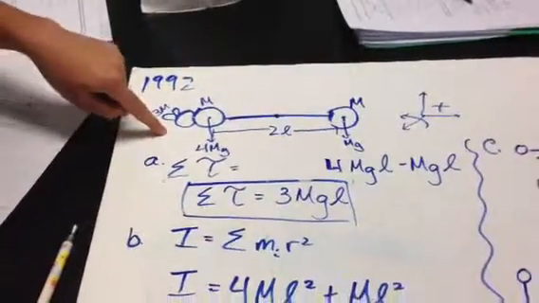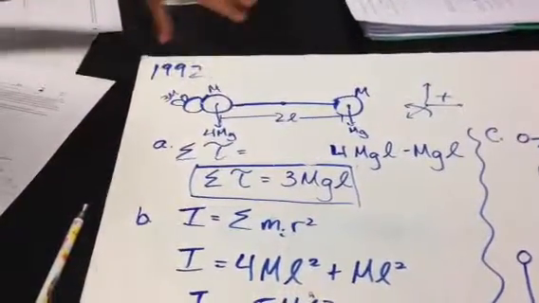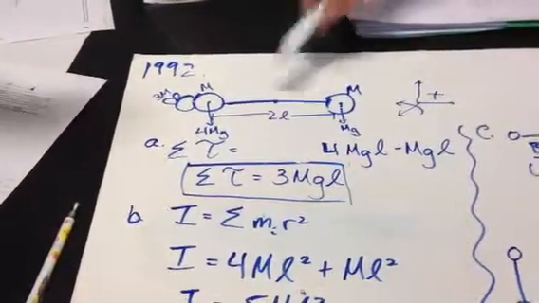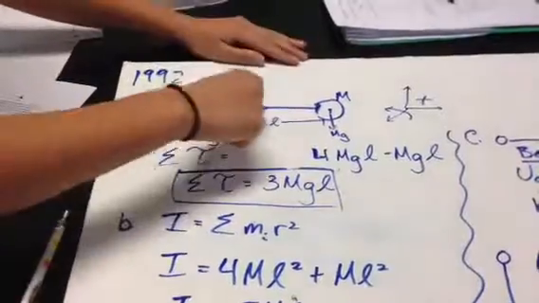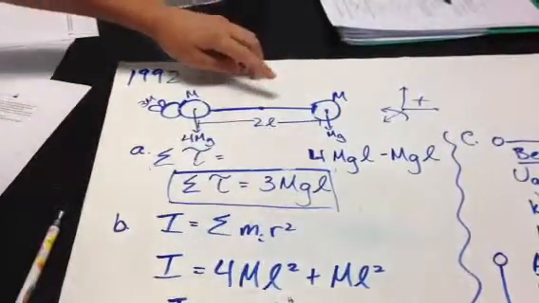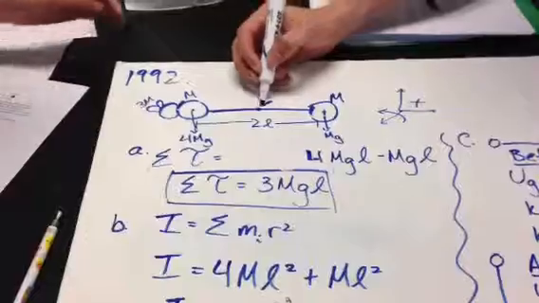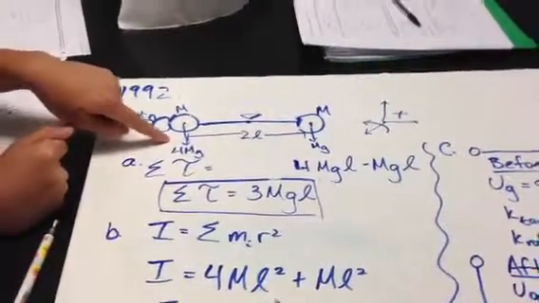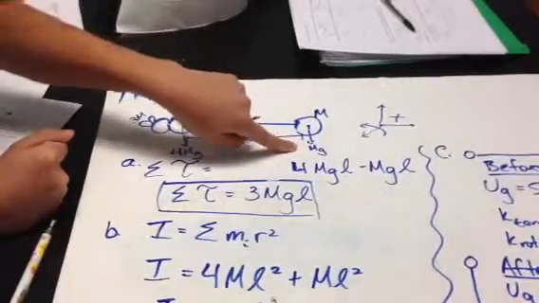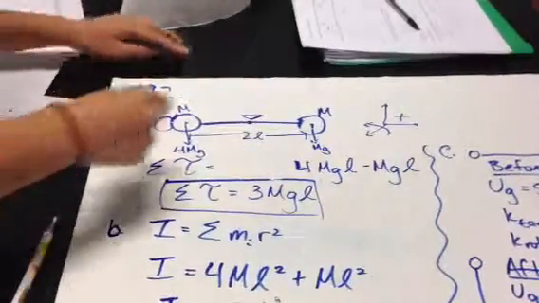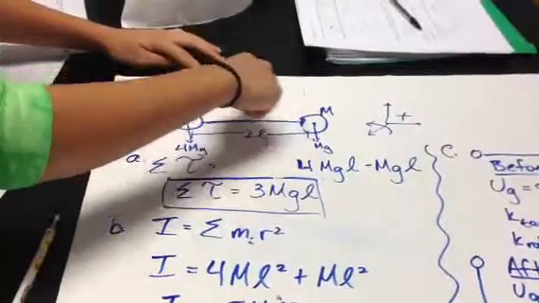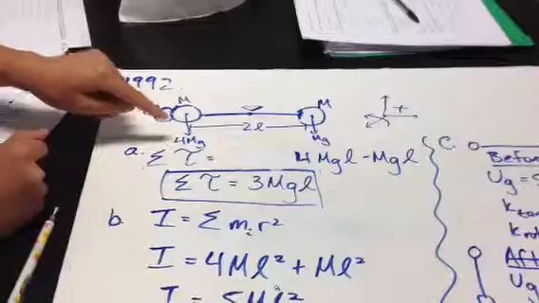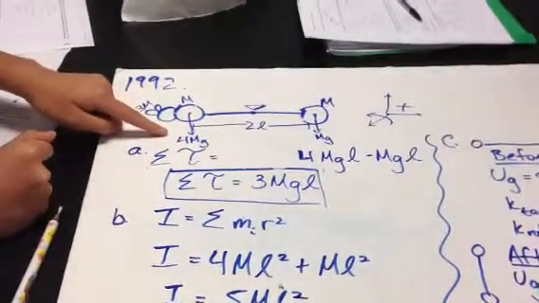lands. In order to do that, you have to take into account all the forces acting on the system, and you have to multiply each one by its radius r from your fulcrum. So in this problem, we chose our fulcrum to be in the center of the axis. So we have, on this side, a force of 4 mg acting and a force of 1 mg acting on that side. Now, since we chose our sign convention to be positive in the counterclockwise direction, when we're writing out our torque statement,